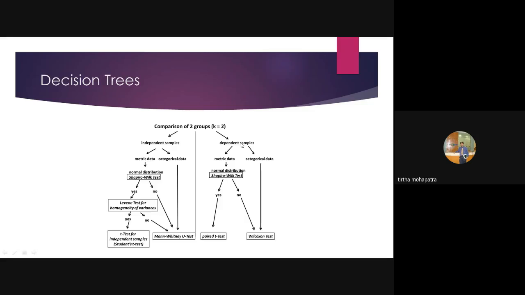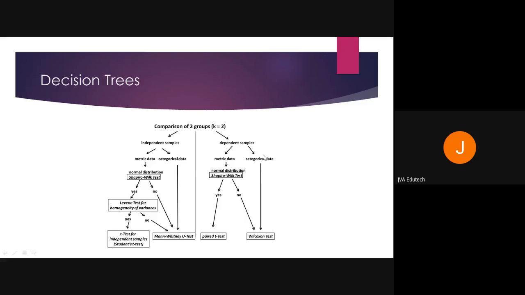So, is my sample unrelated to each other? No, the samples are related because we are taking the same sample. You are taking the same sample over different periods of time. Only that is the difference. The sample is the same and their characteristics are the same. So they are dependent samples. Now again you check for categorical data.